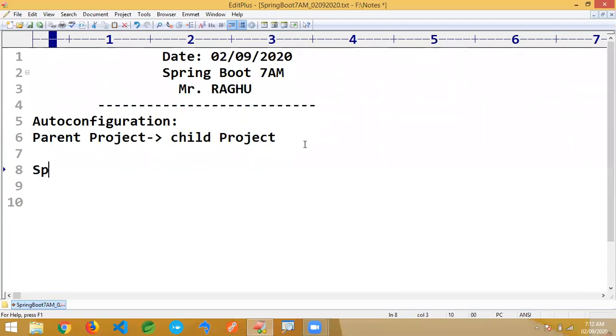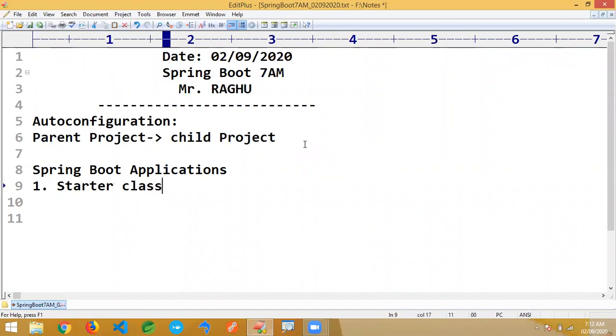Any Spring Boot application contains three different types of files. The first one is the starter class. We can also call it the main class, bootstrap class, or starting class. The second one is input files.